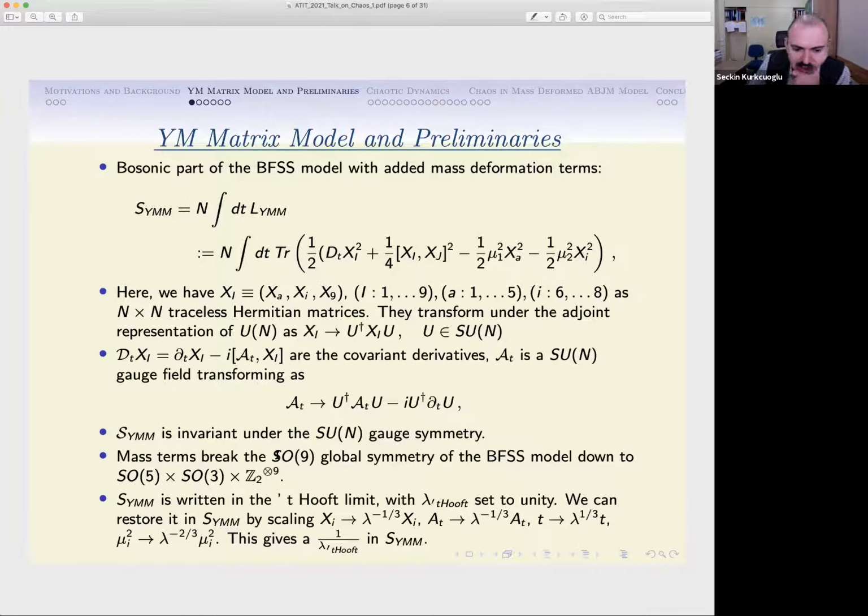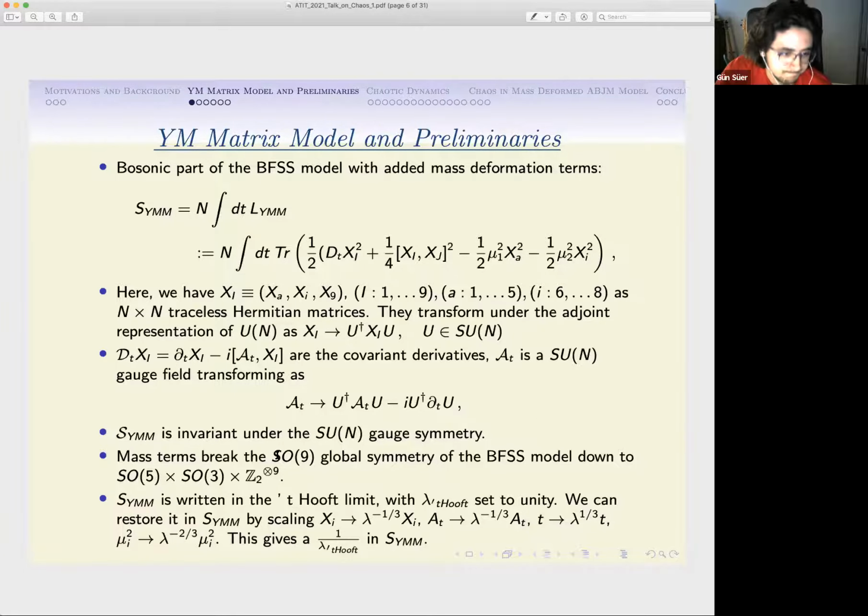So we'll see further. I also have a question regarding the mass terms. Yeah, please go on, Gün. Do we have a specific reason for choosing, like, from 1 to 5? We group the mass terms into 2 groups, index 1 to 5, and 6 to 8. Do we have a specific reason for breaking the SO9 symmetry into SO5 times SO3? That's because I'd like to introduce both a fuzzy 4 sphere and a fuzzy 2 sphere into the model. So that is why we are breaking it in this manner. I will comment on this in a moment.